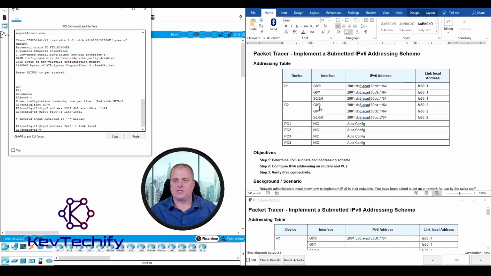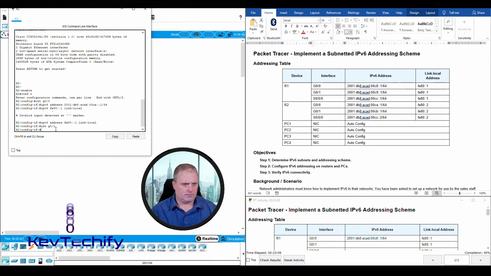That takes care of G00. Now we can move on to G01. Change interfaces: int g0/1. Set our IP addresses. IPv6